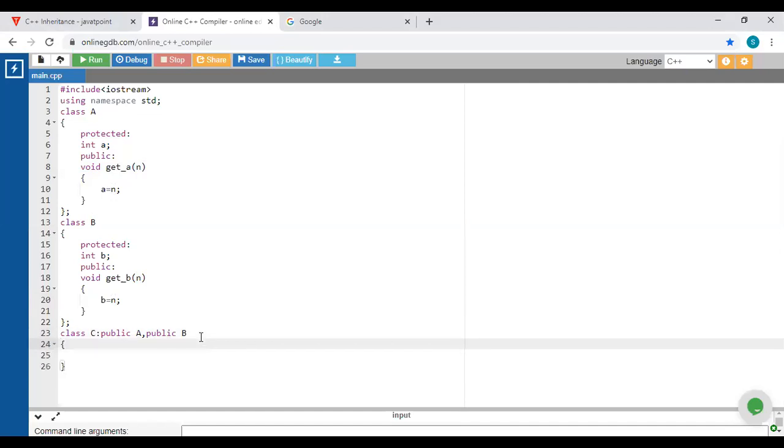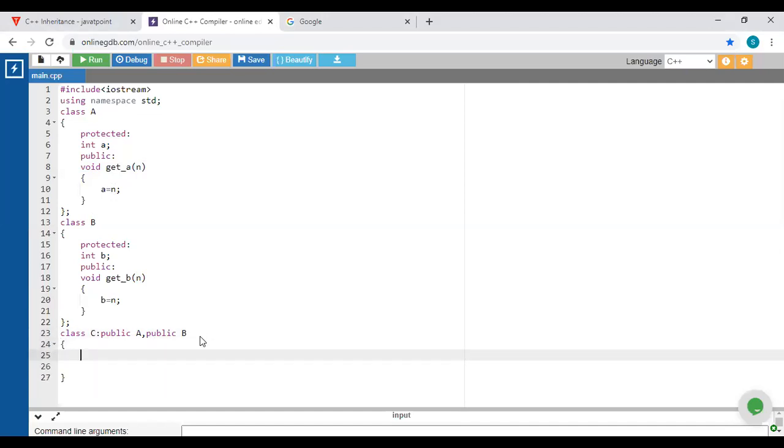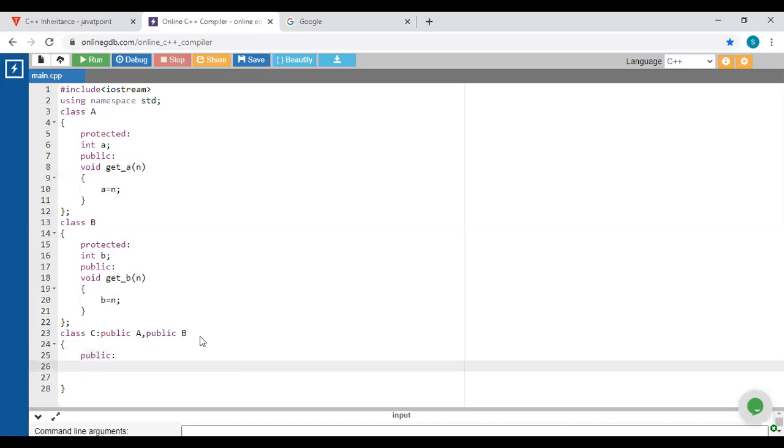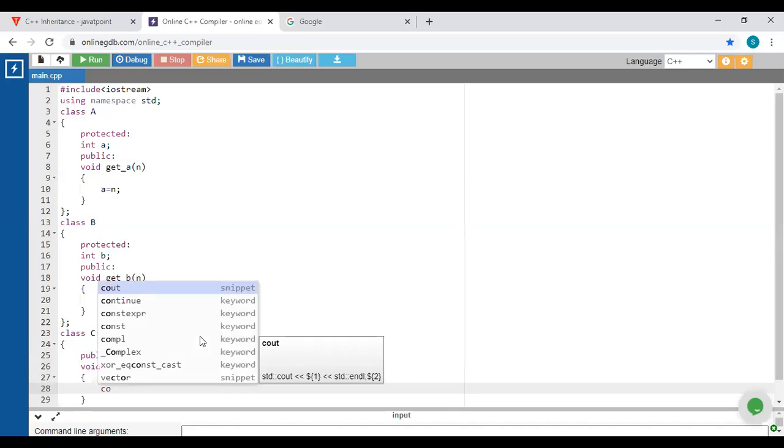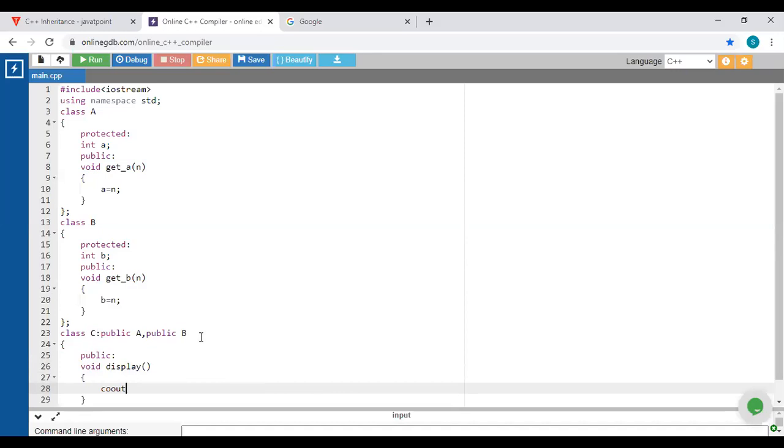So inside this class we will use the method display, and inside that we will display the A variable and the B variable.